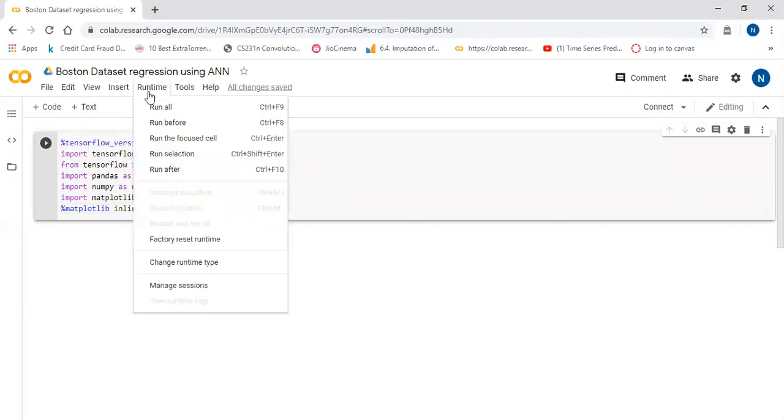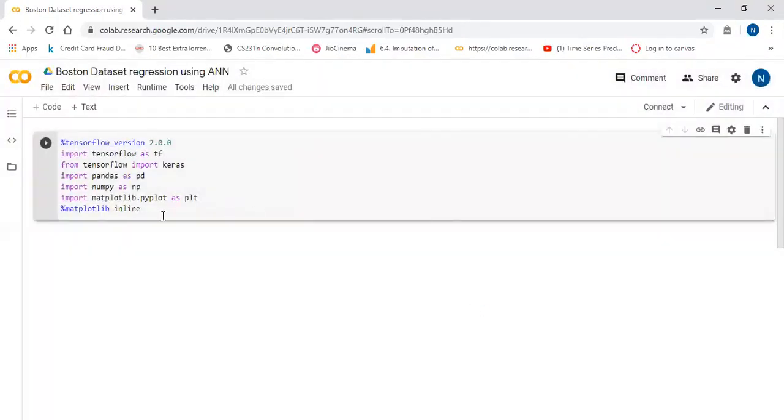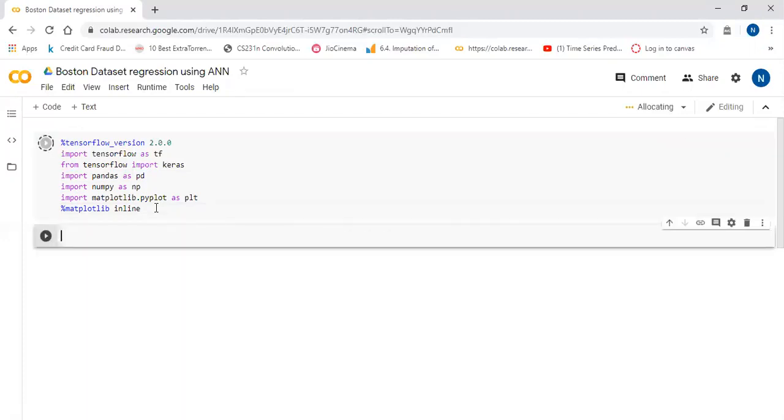I'm changing the runtime to TPU for faster execution. If you are solving any deep learning problem, you can set the runtime to GPU or TPU for faster execution. So I have imported the necessary libraries.